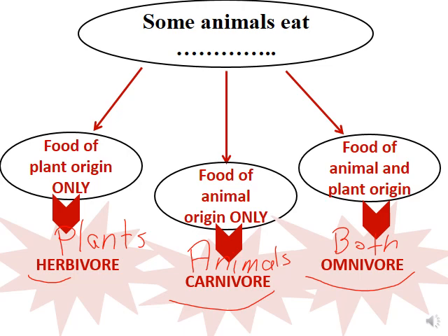So you have to be careful for this. This is an important note. The animal that eats food of plant origin only is called herbivore. The animal that eats food of animal origin only is called carnivore, while that which consumes food of animal and plant origin is called omnivore. So I repeat it. Food of plant origin is called herbivore. Food of animal origin is called carnivore. Food of both plant and animal origin is called an omnivore.